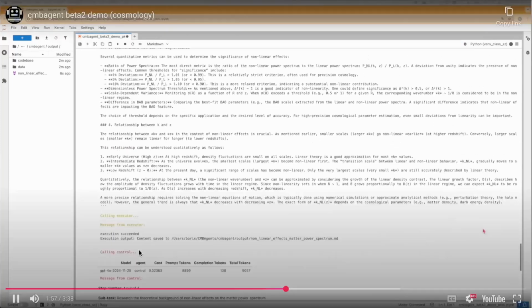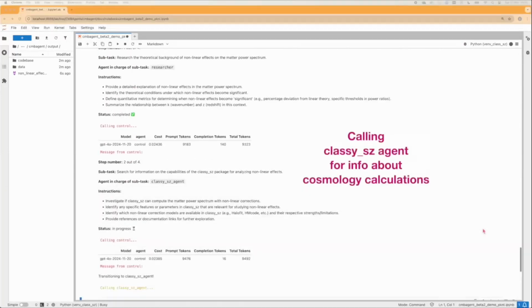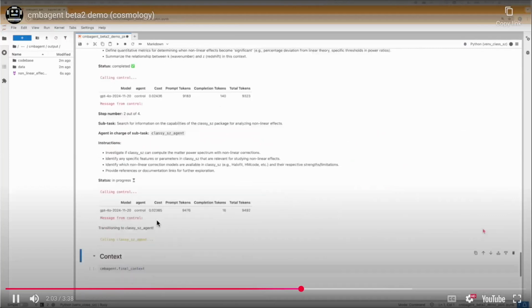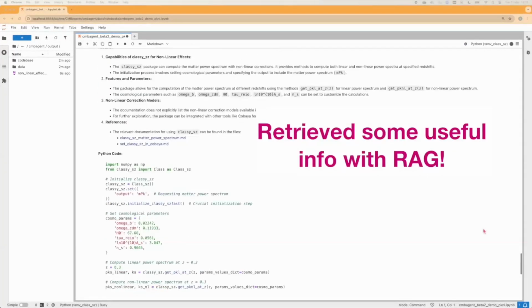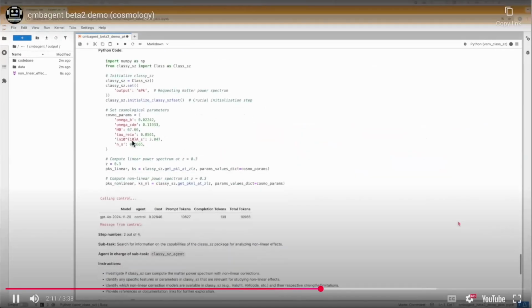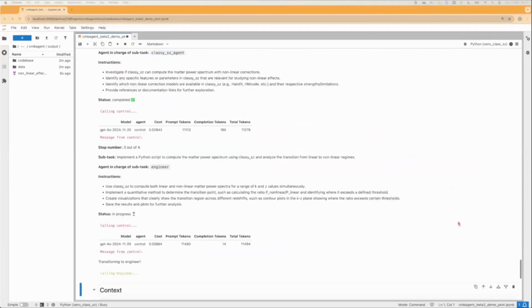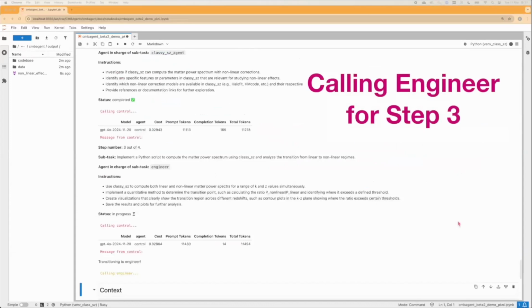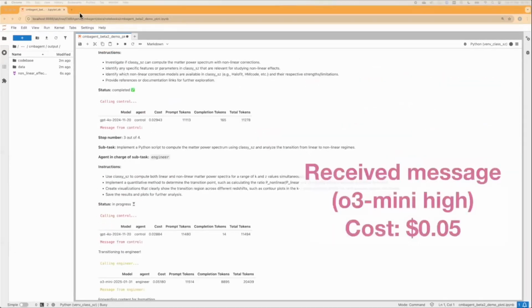The executor agent is not based on a language model. It just takes the code suggested by other agents and executes it. Some of the agents actually use domain-specific software for analyzing cosmology data. In that way you can add different domain knowledge to your multi-agent team and make them perform really sophisticated tasks that often require using other tools in your domain.